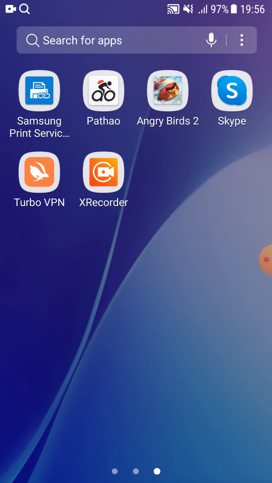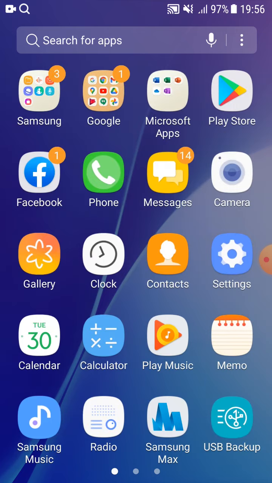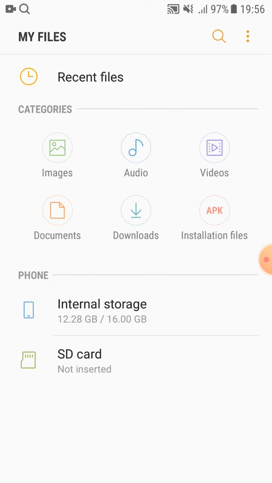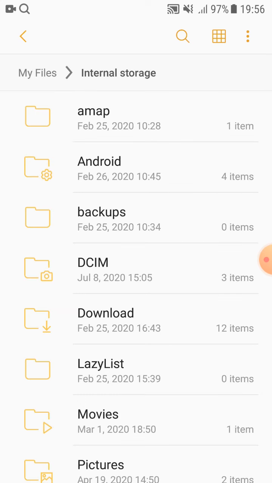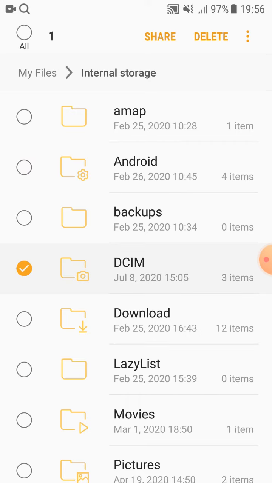So the phone I'm using right now is Samsung, so let's go with it. Go to your file manager or My Files. Mine's over here, as you guys can see, My Files. And on My Files, go to your SD card or whichever folder you want to add as a shortcut. I'm going to add my DCIM as a shortcut, so I'm going to hold DCIM, and once this tick appears,